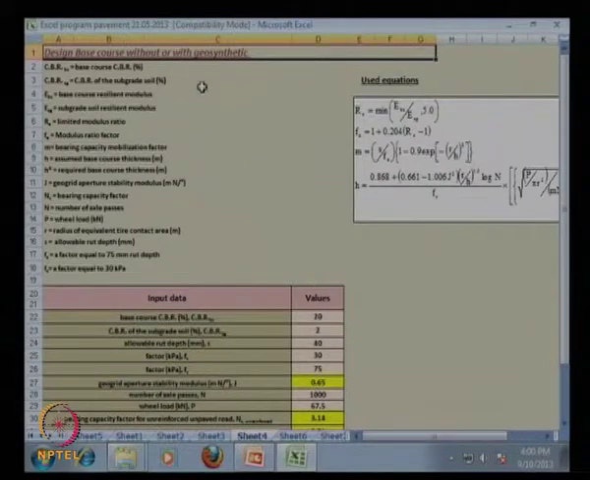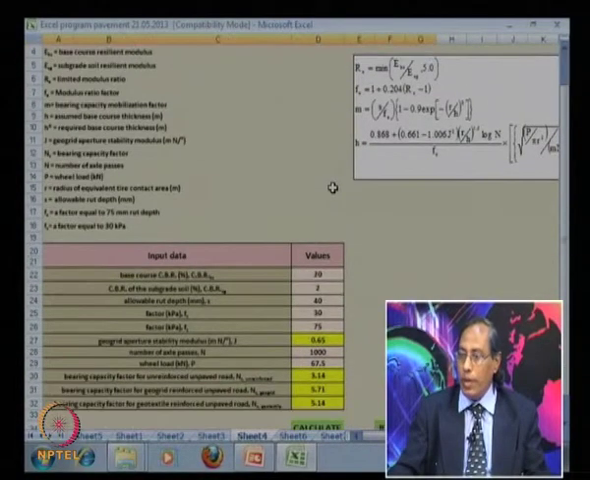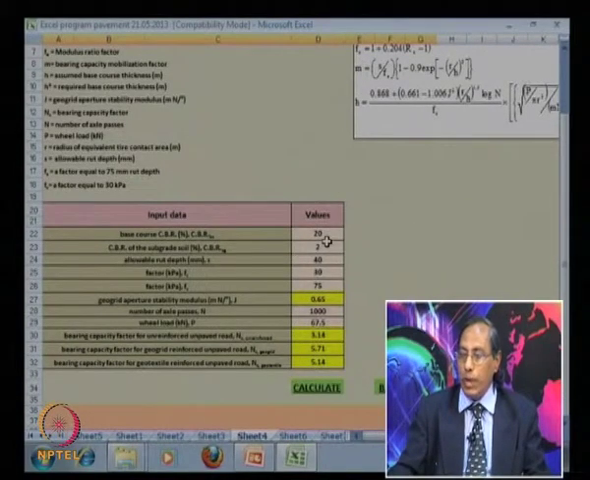Next, design base course without and with geosynthetics. So this is the equation we will use for this design, and here base course CBR is 20, CBR of the subgrade soil is 2, allowable rut depth is 40 millimeter, factor Fc is 30, factor Fp in kilopascal is 75, and geogrid aperture stability modulus, this is very important, that is 0.65, number of axle passes N is equal to 1000, wheel load P is equal to 67.5, and we consider bearing capacity factor for unreinforced unpaved road, that is 3.14, bearing capacity factor for geogrid reinforced unpaved road, that is 5.71, and bearing capacity factor for geotextile reinforced unpaved road,